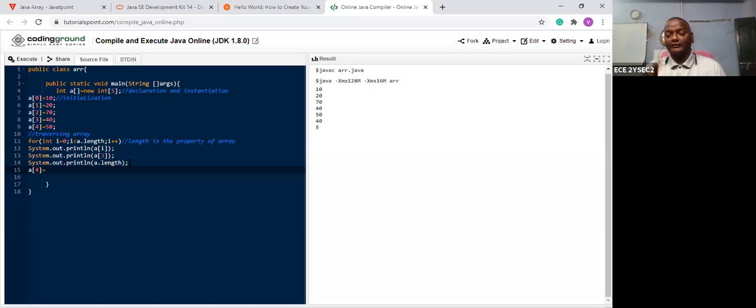In the A of 4, I want to modify the data with some calculation. So for this, I can use A of 0 into A of 1. Okay. Now I can display what is the value.